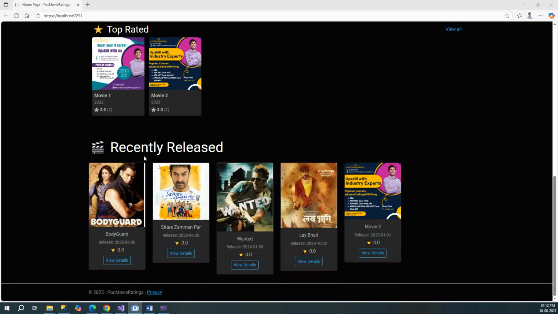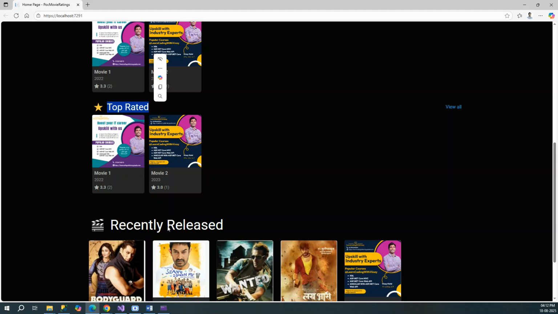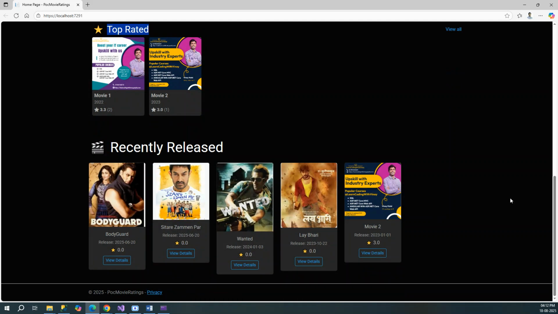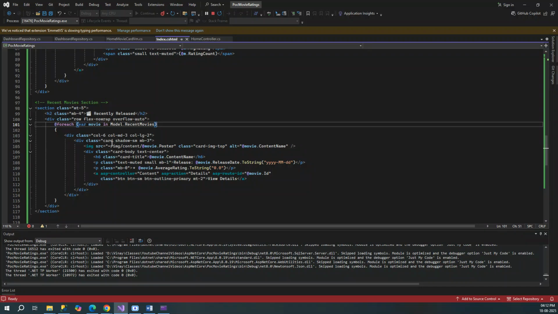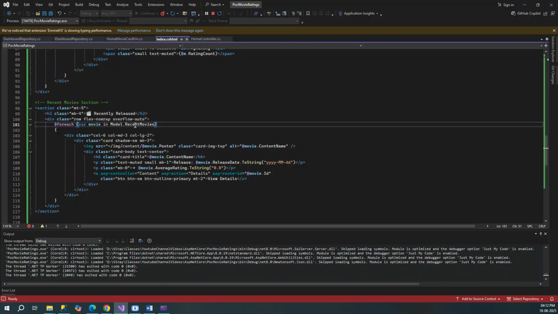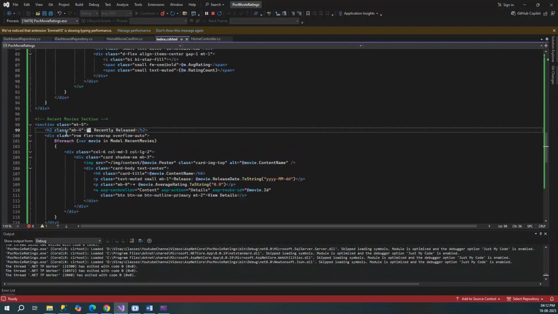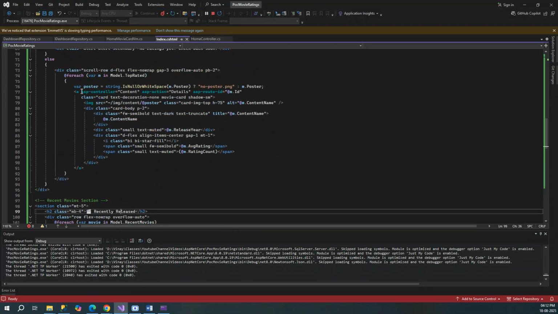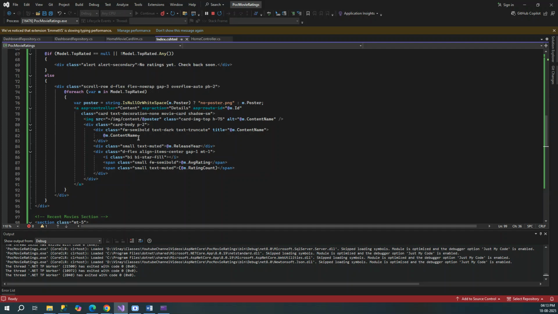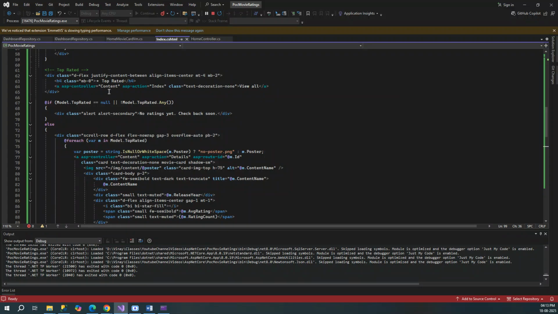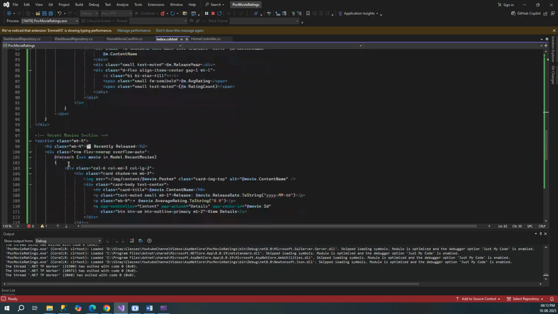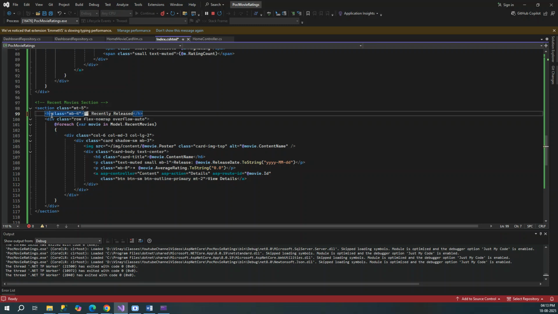But this recently released text is so big, we'll just make it similar to this. And this looks good, this looks good. So let's just make it equal. So we must have card header over here, which is h2. This must, let's check at the rest of the places, it must be h4 or something. Where do we have the card header? Okay, top rated over here, h4. Yeah. Okay, so let's make this h4